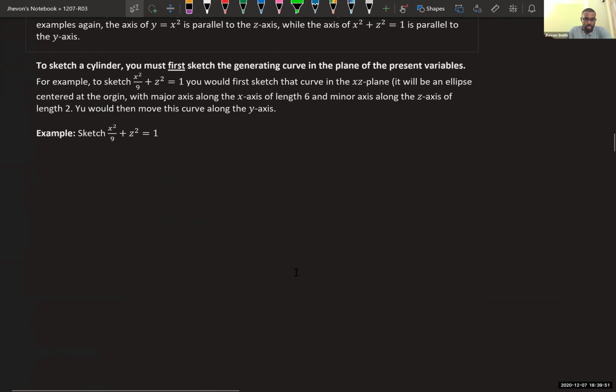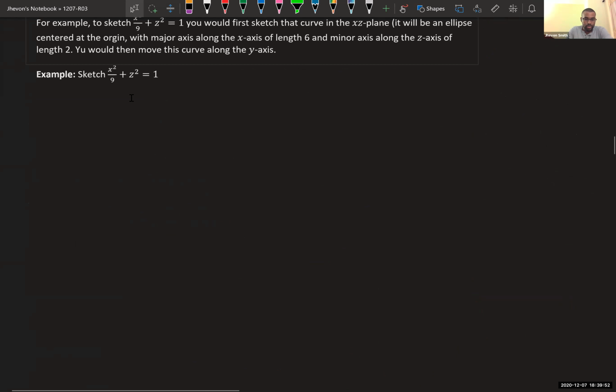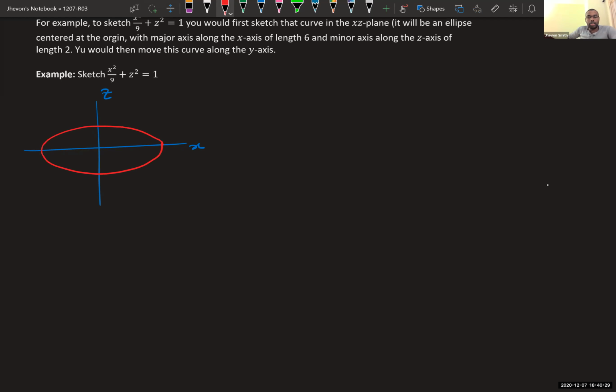Let's do another example just for fun. X squared over 9 plus Z squared equals 1. That is a cylinder. How do I know? There are only two variables present. Who's missing? The Y. What direction should it stretch in? Parallel to the Y-axis. That being said, if I were to sketch x squared over 9 plus z squared equals 1 in the XZ plane, what would that look like? An ellipse. But we know how to sketch those now. It's an ellipse that stretches more in the X direction, right? Which means